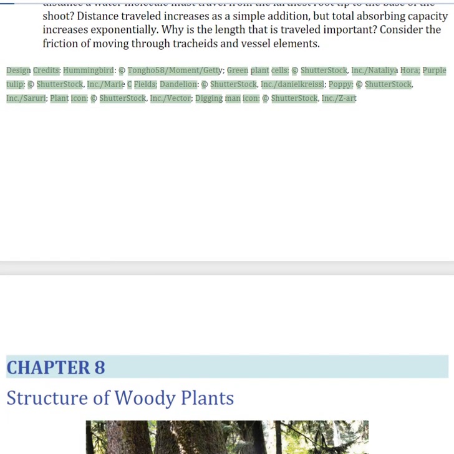Design credits: Hummingbird, Tongo 58 Moment Getty, Green Plant Cells, Shutterstock Incorporated Natalia Ora, Purple Tulip, Shutterstock Incorporated Marie C. Fields, Dandelion, Shutterstock Incorporated Daniel Kreisel, Poppy, Shutterstock Incorporated Saruri, Plant Icon, Shutterstock Incorporated Vector, Digging Men Icon, Shutterstock Incorporated